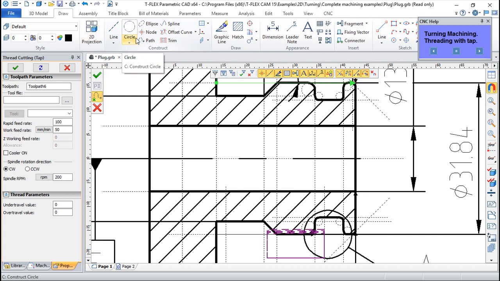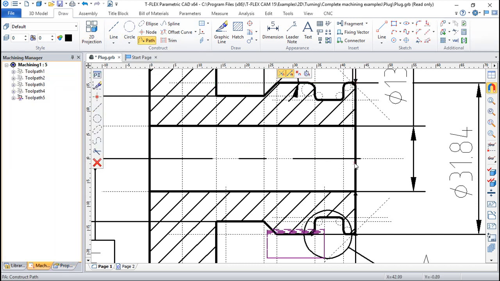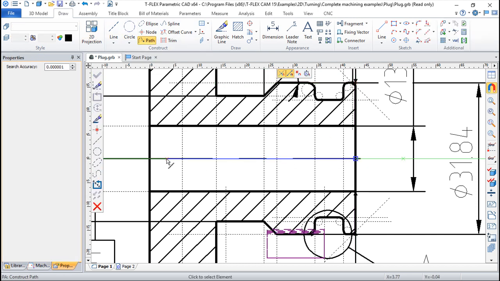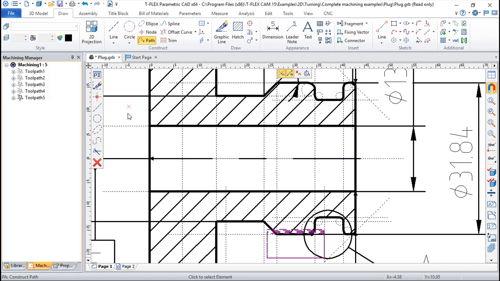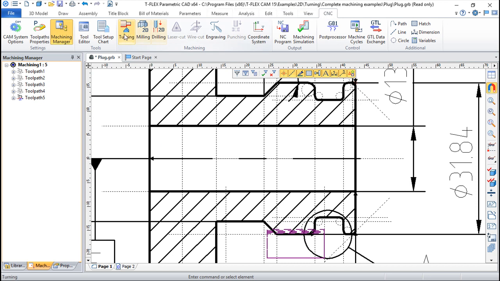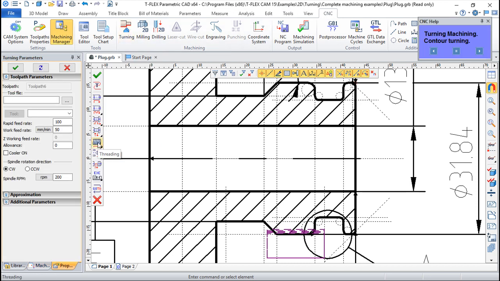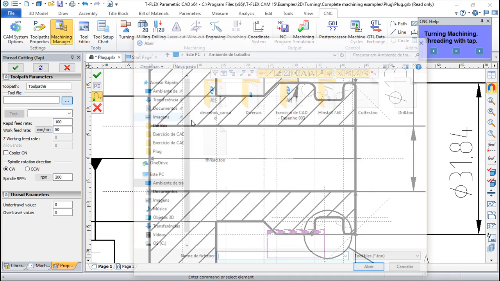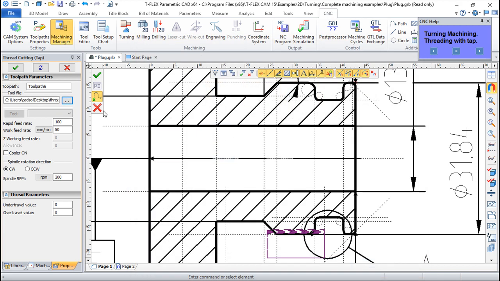Again, we need to create one path from this point, for example, until this point. Done, so CNC, turning, thread cutting. I will use the same tool, oh sorry, in this particular case it cannot be,